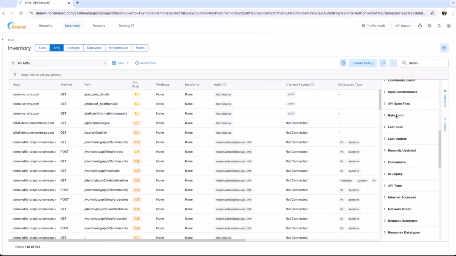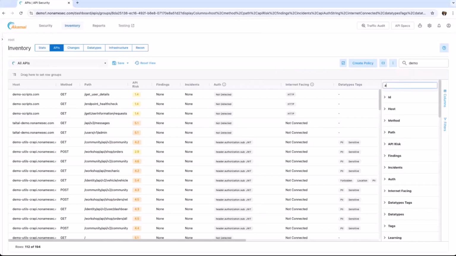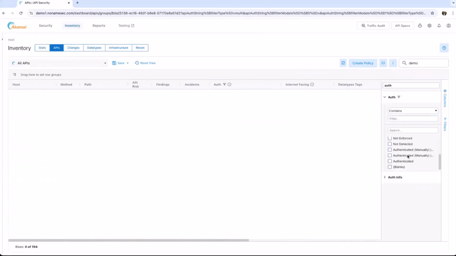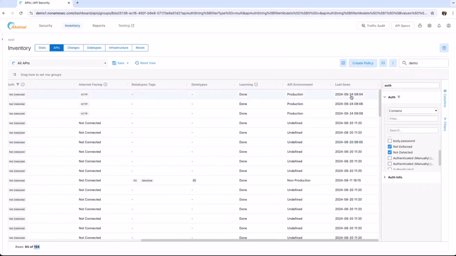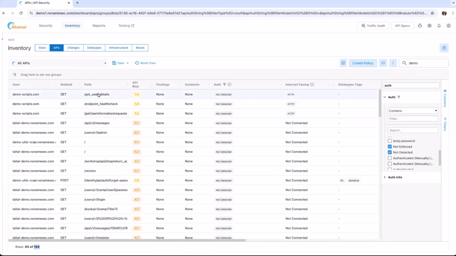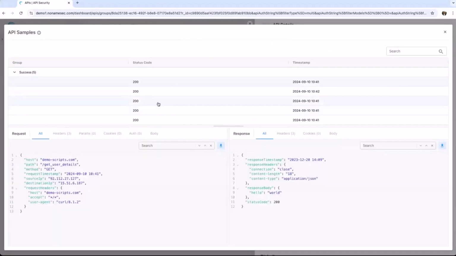So right now, I'm going to focus on authentication. I'm going to search for it. Remember, filters, authentication. Let's search only for not enforced and not detected. And now, from our list of almost 200 APIs, we can see that 85 of them don't have any sort of authentication. And we can even check it in more details by going over one of them, get user details, for example,